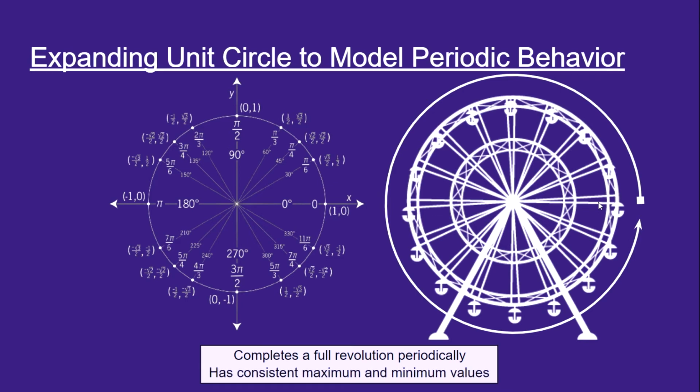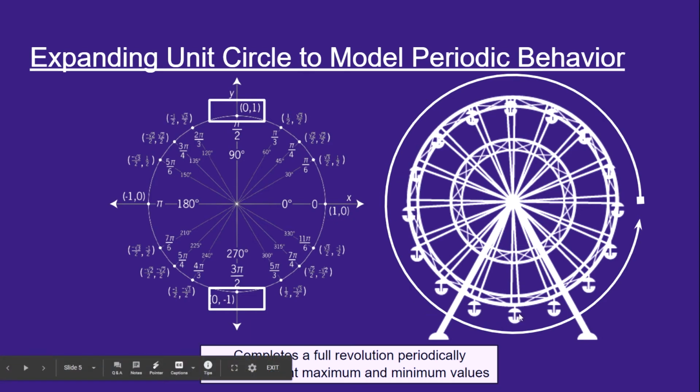Another thing that's comparable between the two of them is that they both have consistent maximum and minimum values. See how the unit circle, its maximum value up here is at y equals 1, and its minimum value here is at y equals negative 1. Similarly, the Ferris wheel will go up to a peak, and that's where you get the best view if you're riding the Ferris wheel. And it goes down to the bottom, which is usually where people get on the Ferris